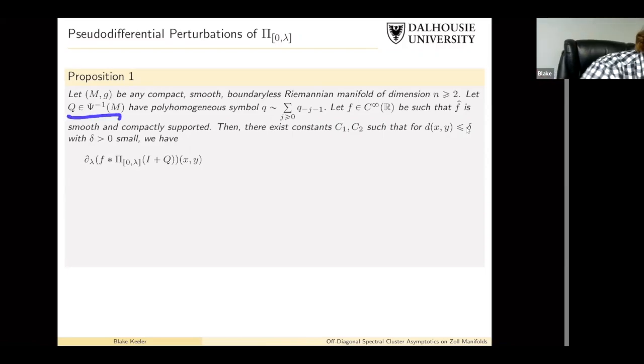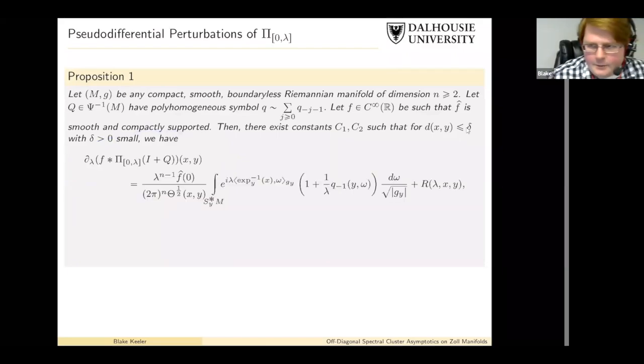So we let Q be some order -1 pseudo-differential operator with polyhomogeneous symbol. So q_{-1} will be its principal symbol. And we choose some smooth function f so that its Fourier transform is smooth and compactly supported. Then we can find constants C1 and C2 so that if the distance between x and y is small, we have that these objects that I'm interested in, these weird convolutions,